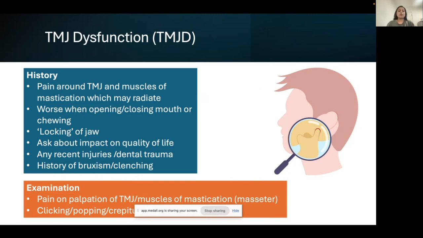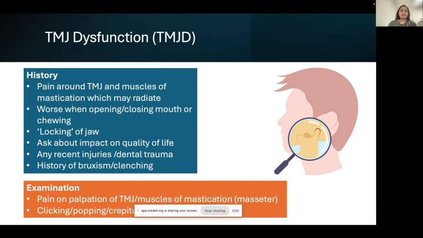And do they have any history of bruxism, so tooth grinding or clenching? Because that's normally the most common cause. Examination, you want to check for pain on palpation of the TMJ themselves and the muscles of mastication, especially the masseter. Often they have pain, but you can also feel they're really bulky, the muscle's been overworking because they've grown it so much. In the TMJ, you also want to check for any added sounds, any clicking, popping, or crepitus,